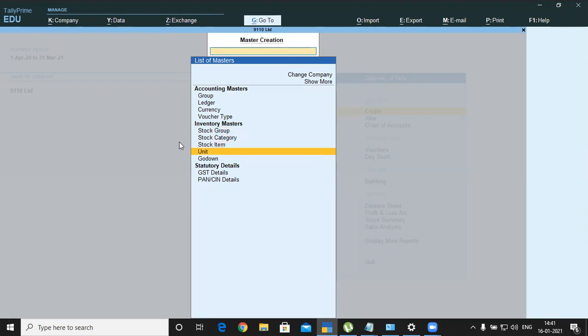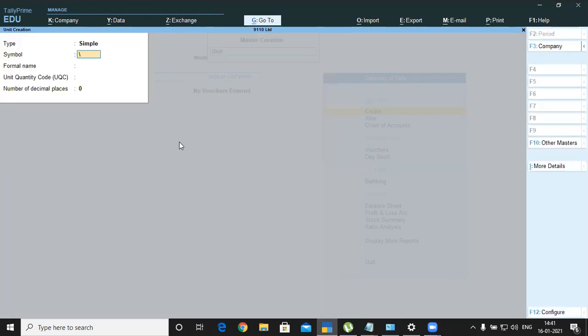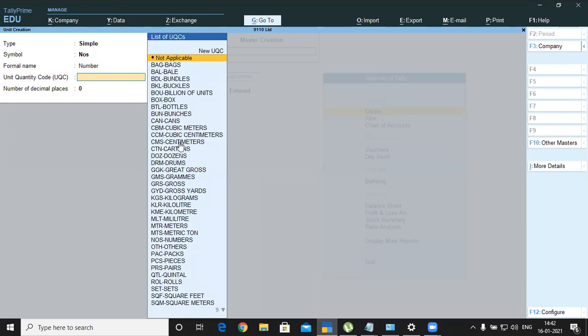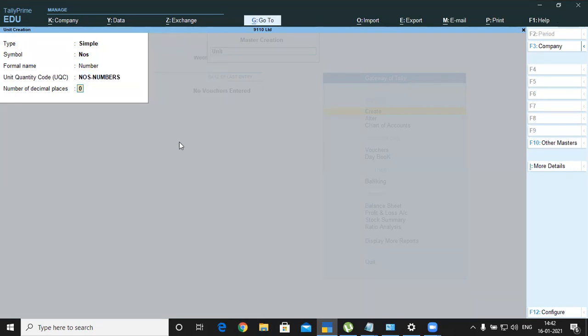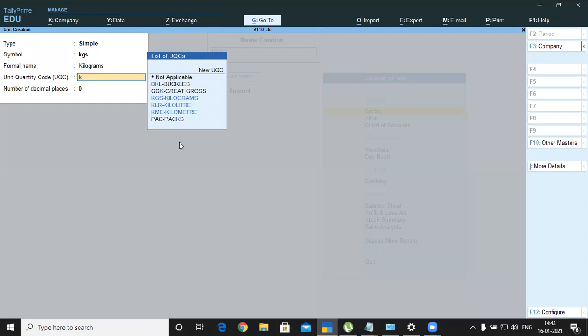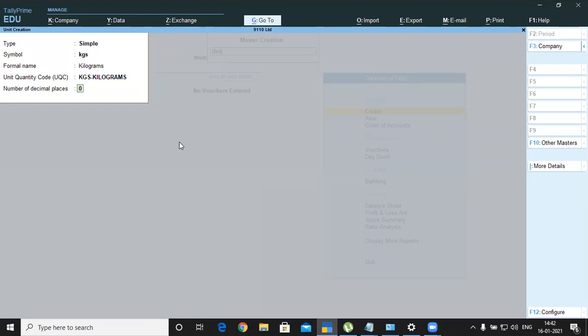Then units of measures. We have two types of units of measures. By pressing the backspace key, you can notice compound unit and simple unit. Select simple unit first and create symbol NOS, then unit quantity code, take that numbers, number of decimal places is 0 and accept. KGS, it says kilograms, then here also you take KGS, kilograms, number of decimal places will be 3, then